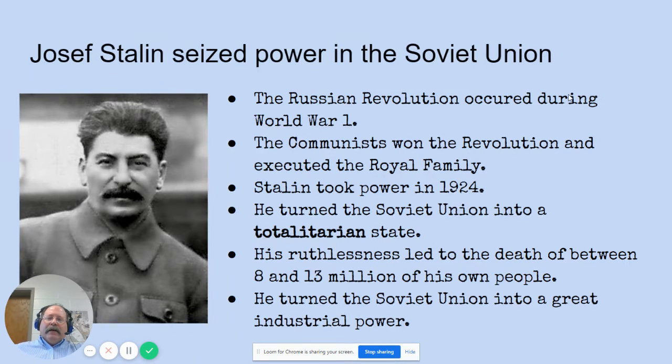He was responsible for the murder of between 8 and 13 million of his own people. He just absolutely was paranoid, and if anything was a threat to him or the party, he just had them killed and eliminated or sent to what was called a gulag, which is a prison way out in Siberia, in the Siberian wasteland. So he fundamentally transformed what was Russia, now the Soviet Union, into a totalitarian state that used